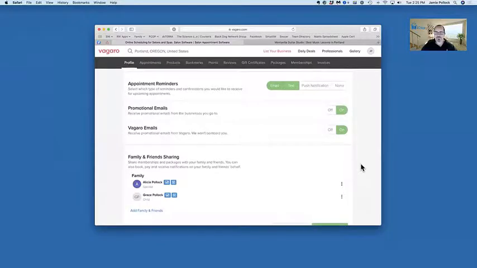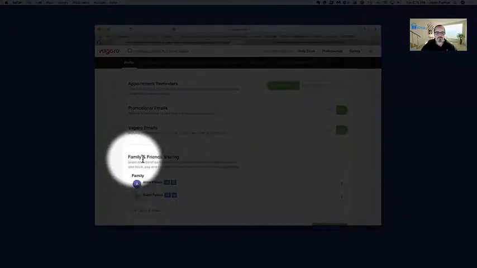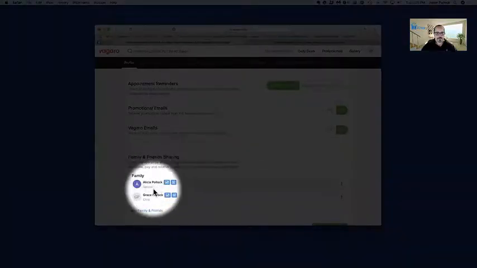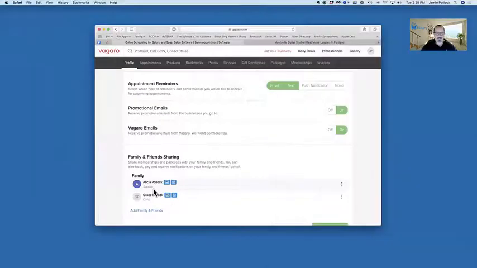Now at the very bottom of my profile, I want to make sure you notice here's the friend and family sharing area, and here are my other family members that I may need to work or help with. Notice this right here says this person can use your credit card on file, so that's fine. My family can leverage my credit card. And this person can book appointments for me, then that's totally fine too. But if I come over here to the very far right, we've got this